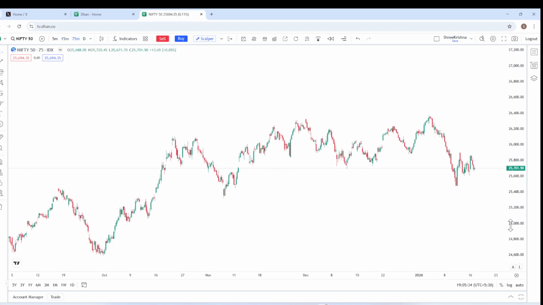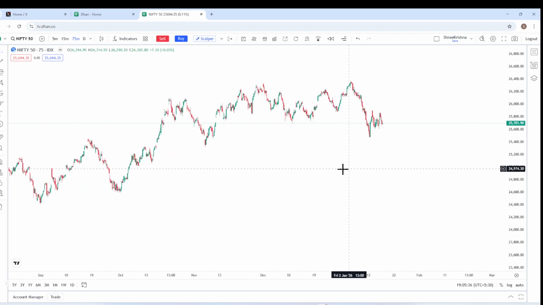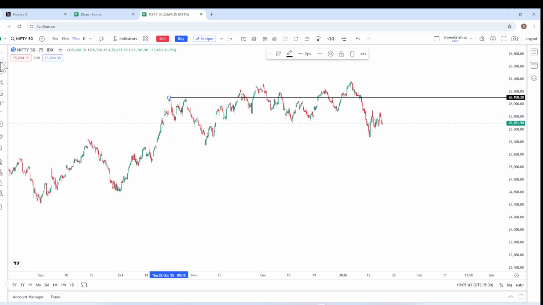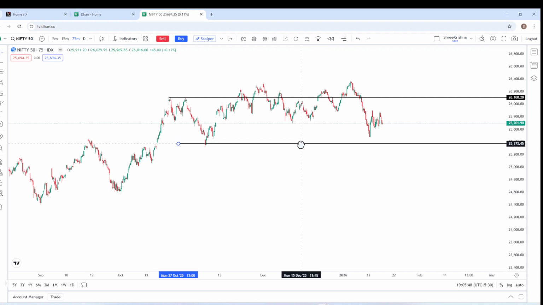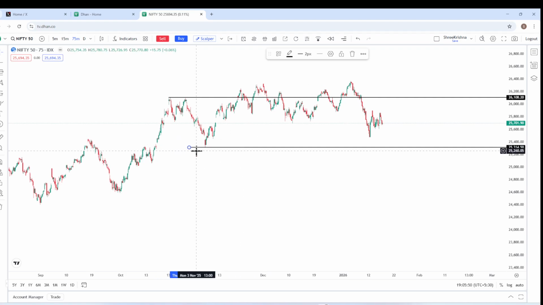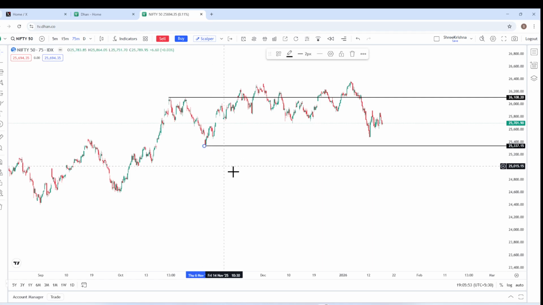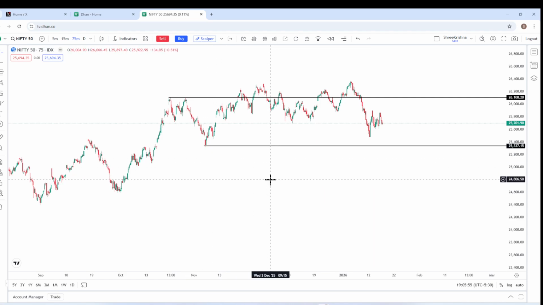So ideally what we say is that we follow a simple method: if you want to become an intraday trader, you have to follow the simplest method, that is higher high and higher low. That's simple. It has made a higher high, it has made a higher low, and from here it went to this low. So what we are seeing right now in the 75 minutes, we are trying to understand that the market is trying to go upside. Will it go? I have no idea.